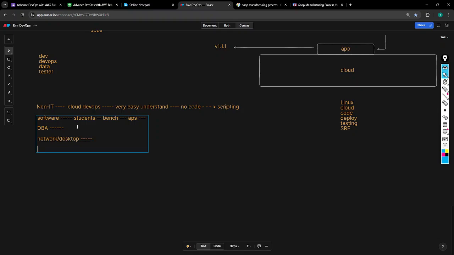And who is fit for it? BTech candidates. It can be any branch, whether you are EEE, civil, whatever. BTech candidates are eligible, as well as degree candidates. Degree candidates also. You just need a degree, not necessarily a BTech or BE. If you just have a degree and you learn, you can move to the DevOps side.